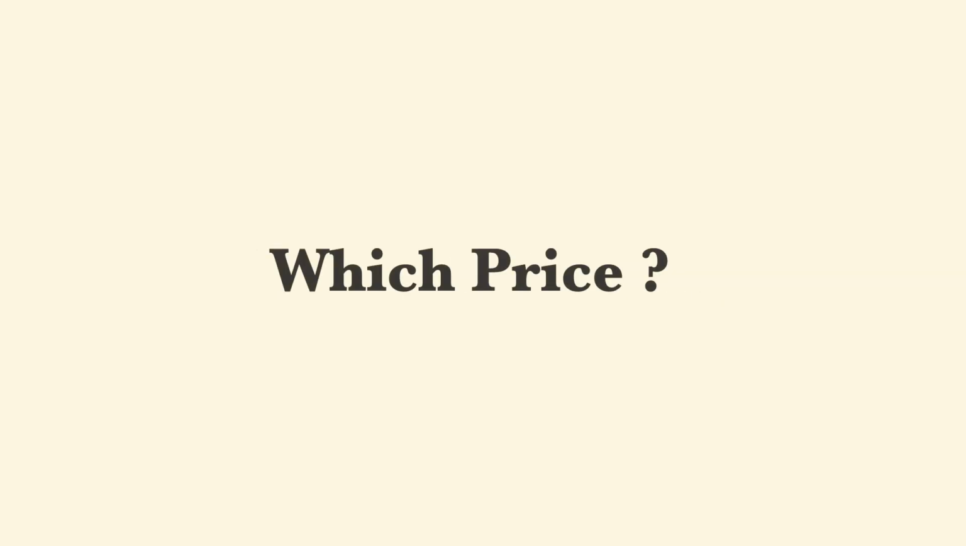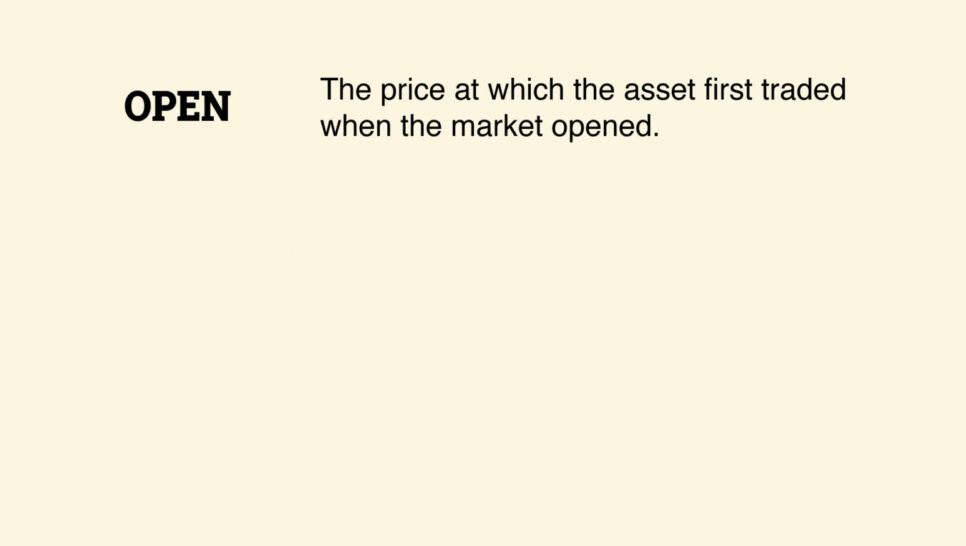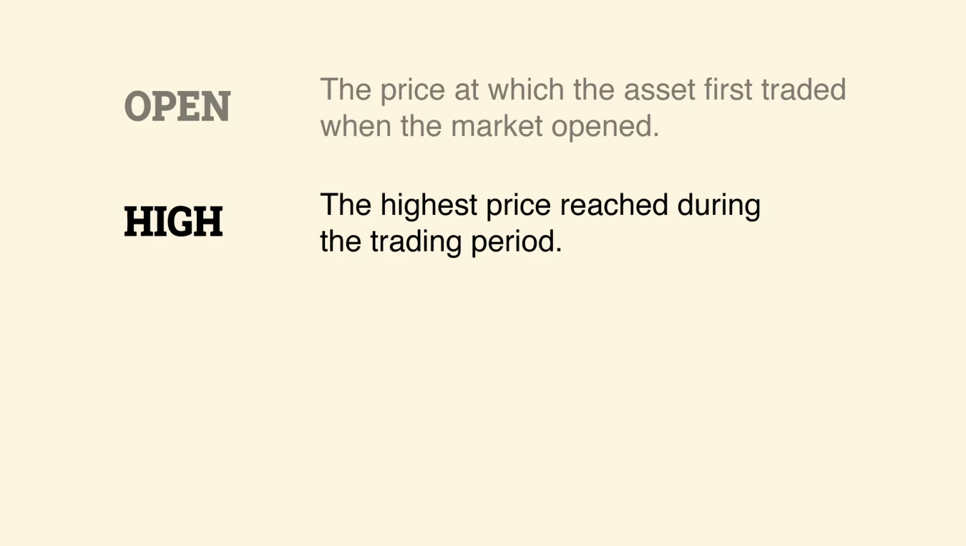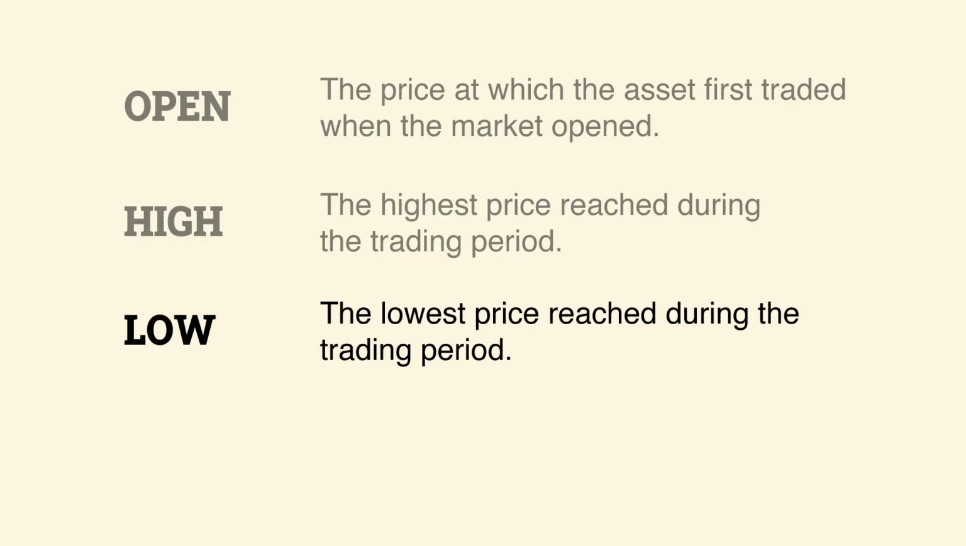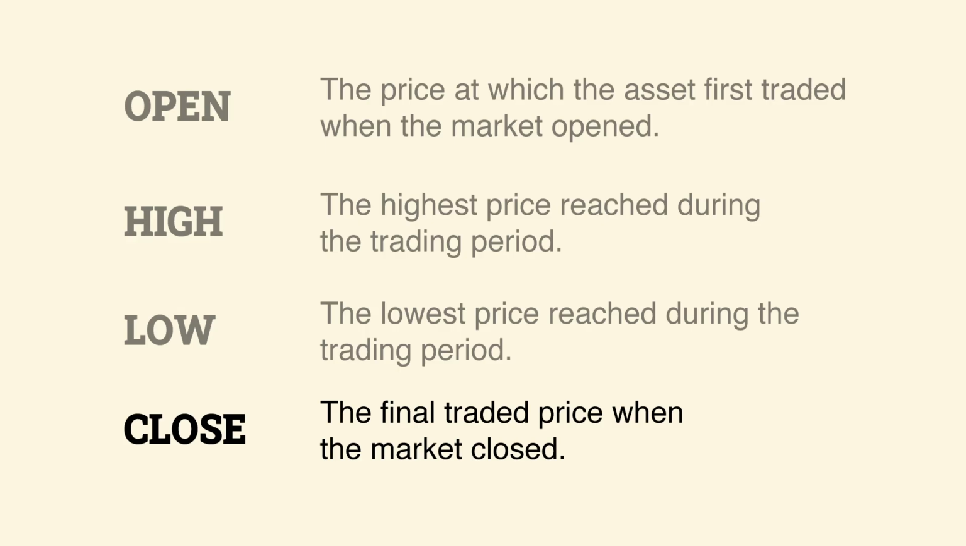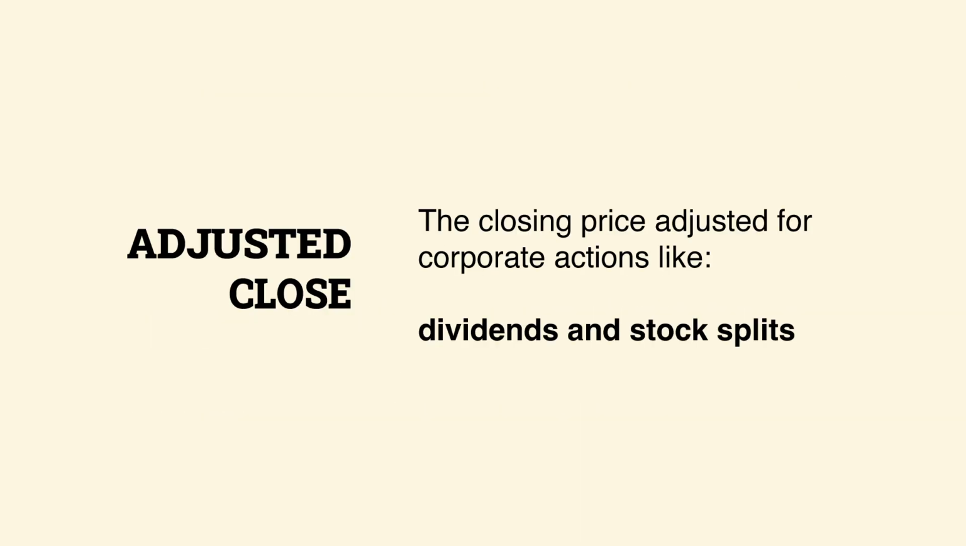You might think there's a single historical price, but in practice each asset has several different prices, each capturing a different aspect of its trading behavior. Open, the price at which the asset first traded when the market opened. High, the highest price reached during the trading period. Low, the lowest price reached during the trading period. Close, the final traded price when the market closed. Adjusted close, the closing price adjusted for corporate actions like dividends and stock splits, making it more suitable for historical